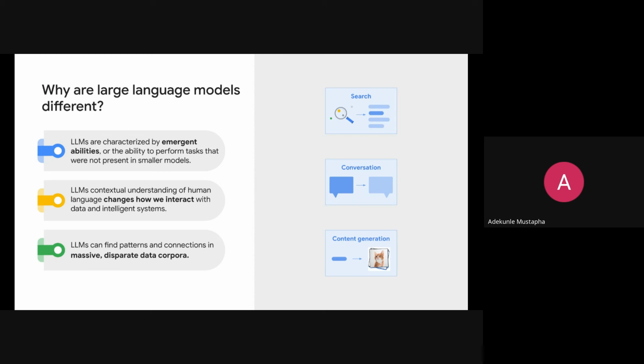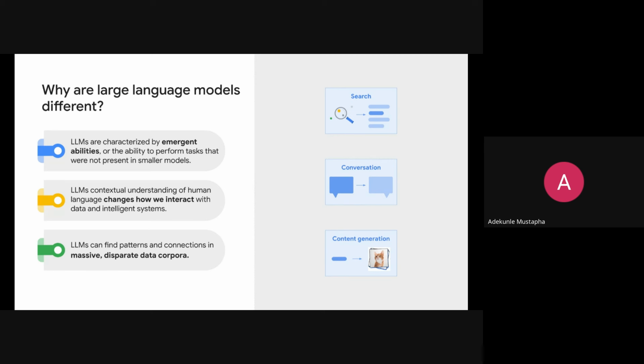Another benefit is that LLMs are the next step in Google's machine learning journey, as in any big company's machine learning journey. Many years ago, everybody was using regression, classification, and clustering, but now with neural networks, we are able to unlock hidden patterns in much larger data sets.